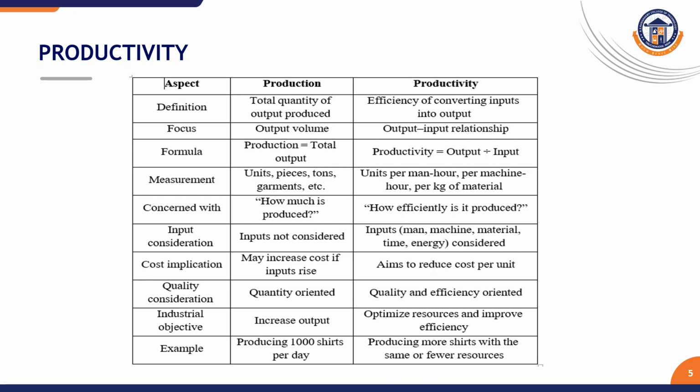How many shirts are manufactured per man hour, per machine per hour, and per kg of material? If you take textile as an example, units produced is per man hour. So let us take today's Indian average: around 1.5 shirts per man hour, or for 2 man hours, 3 shirts.